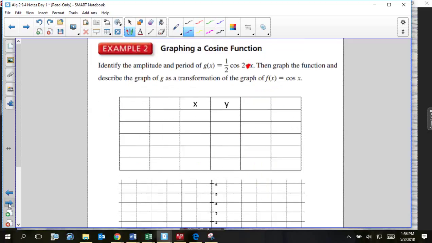So the next one should be 1/2 cosine 2x. What do we have next? 1/2 cosine 2x. Okay. So we're going to look at our table and we're going to fill out our key points for cosine. And our x's are the angles, so 0 to 2 pi. And then they're evenly spaced. So 2 pi, or pi is the middle. Pi over 2 up here. 3 pi over 2